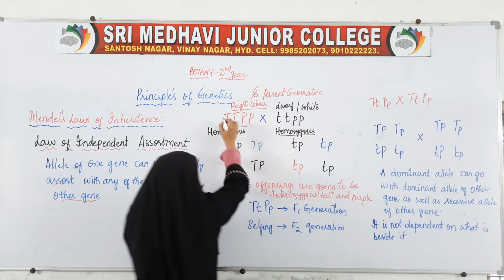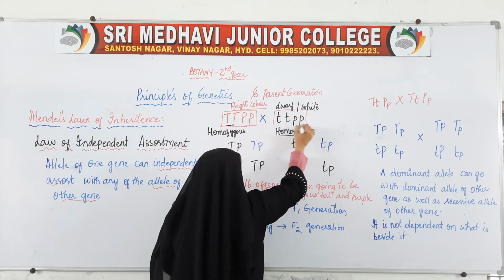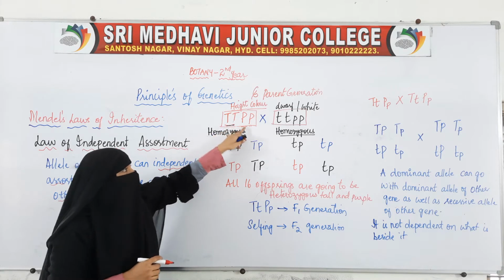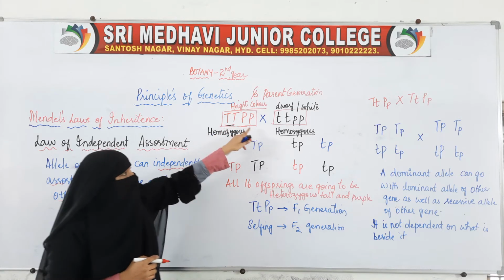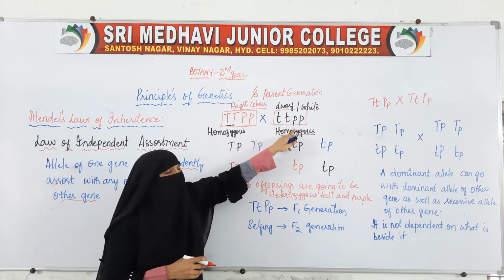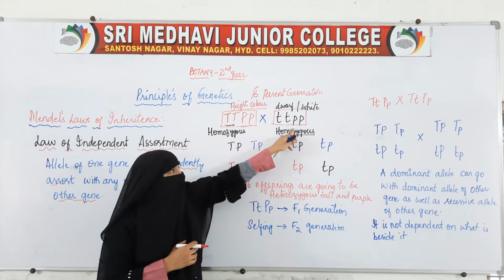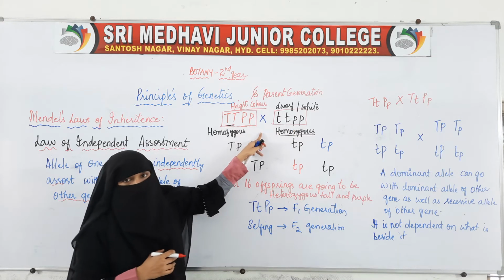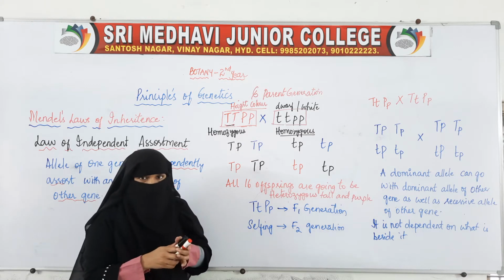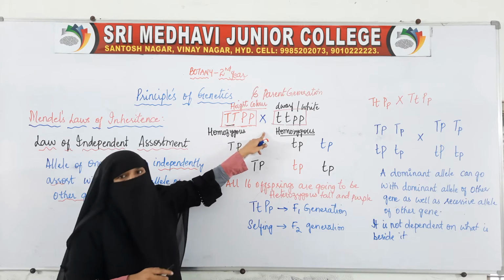So this box is one parent and this is another parent. Parent means one plant with tall and purple characters, and here is another parent, another plant with dwarf and white characters, two characters. Now these two plants are crossed. When two parents are crossed, these parents will produce